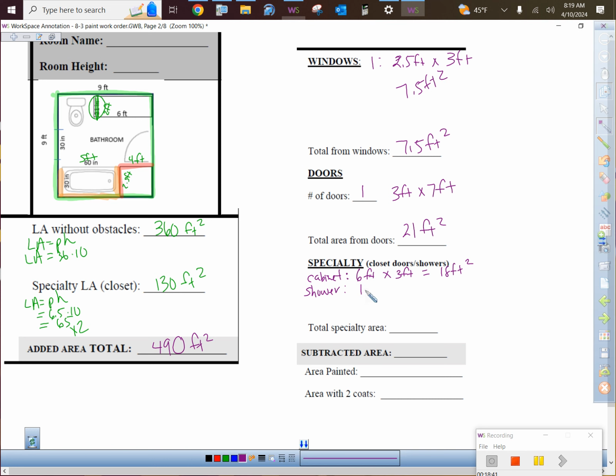10 feet. All right. This is 2.5 feet. I'm going to make sure we're good, because this is the weird one. 5 feet and 2.5 feet. See how I'm just adding up all of those. What is the height of that, though? It's not going to be 10 feet. It is going to be how much? 6 feet. So my shower is going to take up 10 feet by 6 feet, which is 60 square feet